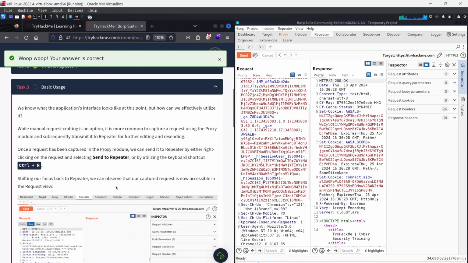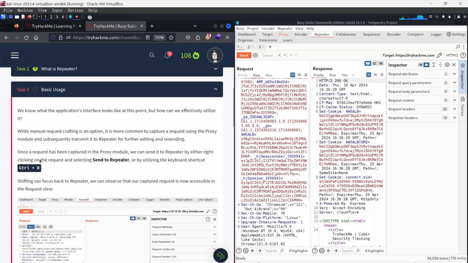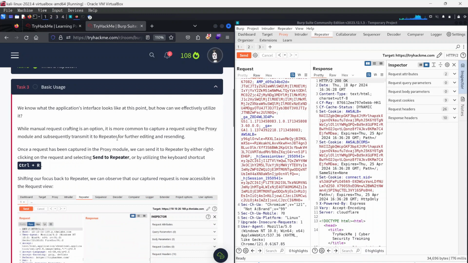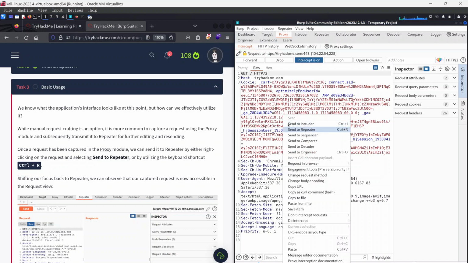Okay, task 3, basic usage. We know what the application's interface looks like at this point, but how can we effectively utilize it? While manual request crafting is an option, it is more common to capture a request using the proxy module and subsequently transmit it to repeater for further editing and resending, just like we did earlier. Once a request has been captured in the proxy module, we can send it to repeater by either right clicking on the request and selecting send to repeater, just like we did initially, or we can just